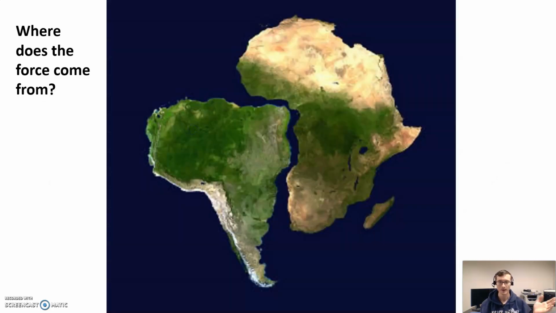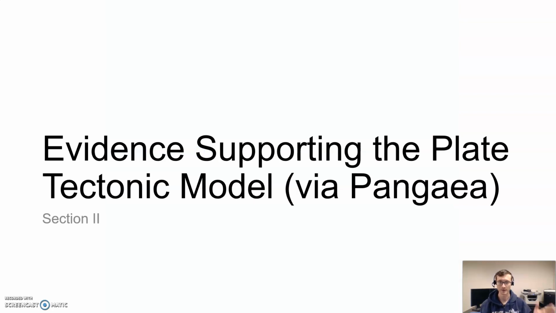And part of this is what he couldn't explain. What he couldn't explain was what the driving force behind the motions were. So he could say that these continents are moving, they haven't always been in the same place, but part of what was a weakness of his idea and what made it difficult for other people at the time to accept his idea as being true was that he could not explain what the driver was of this. What force could it possibly be that is moving entire continents, pulling them apart from each other and smashing them together like this? We're going to cover that in the next section.